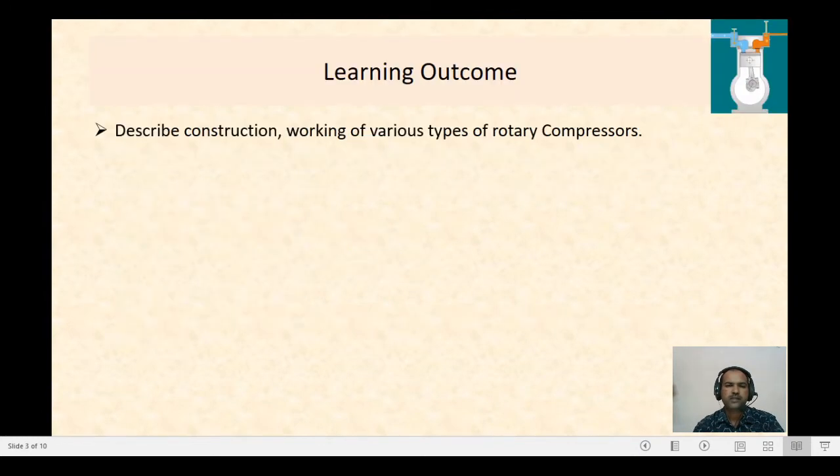Before starting session number 5, I would like to highlight what we discussed in the previous class. In the previous class we discussed the multi-stage air compressor, which is used for compressing the air from low pressure to high pressure by using a number of cylinders. Between the cylinders we use an intercooler, which acts as a heat exchanger, so the high compressed air is cooled down in the intercooler.